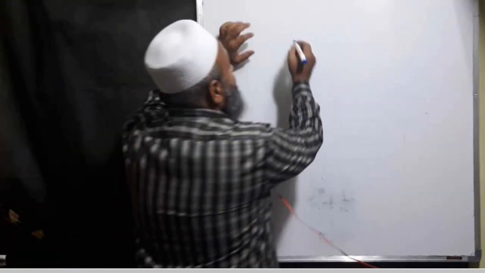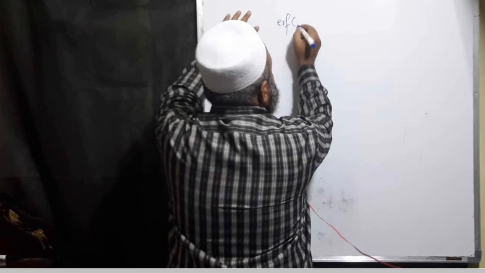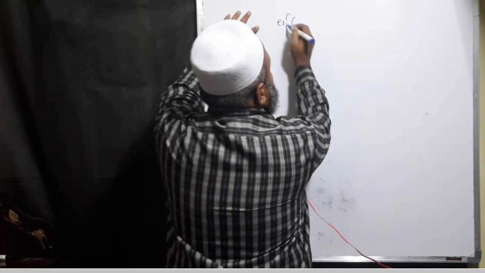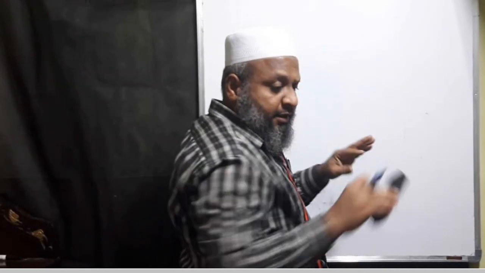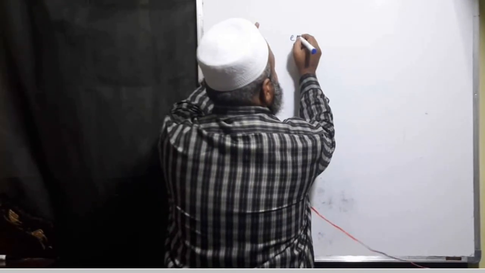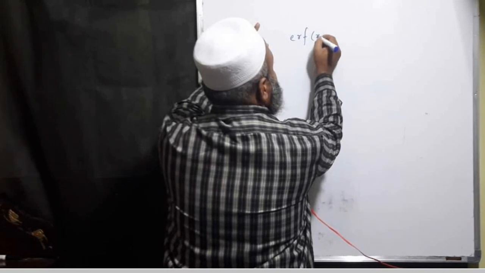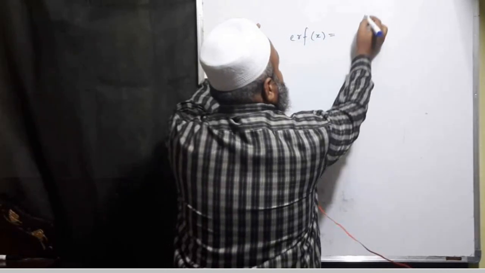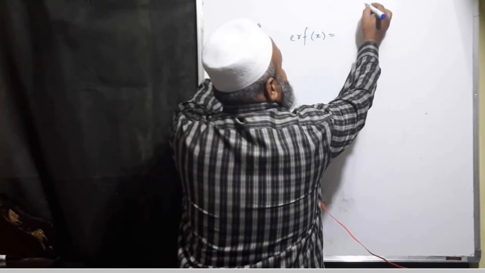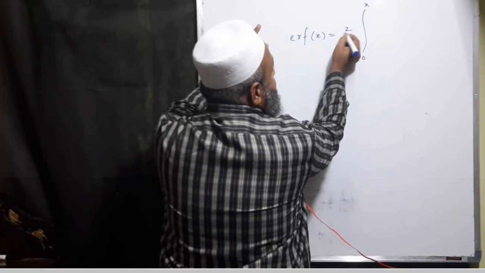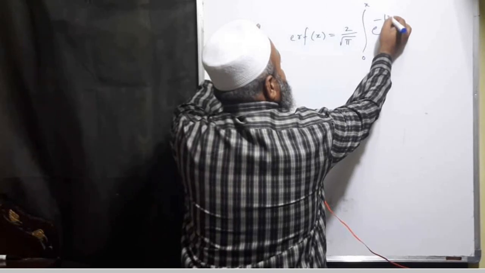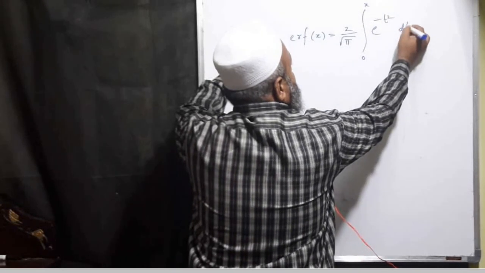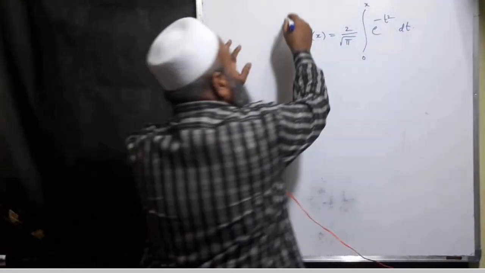So right now you are learning the error function. What you need to remember first is the notation ERF of x. Whatever x is there, the integral should be taken from 0 to x. What is coming here is 2 by root over pi, and the integration is done for e to the power of minus t square dt. So this should be there in your mind.